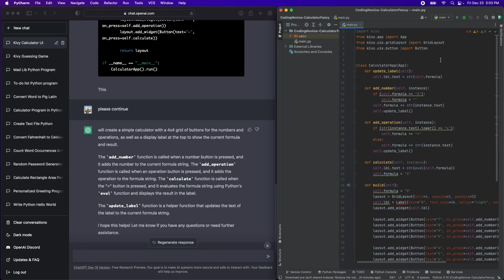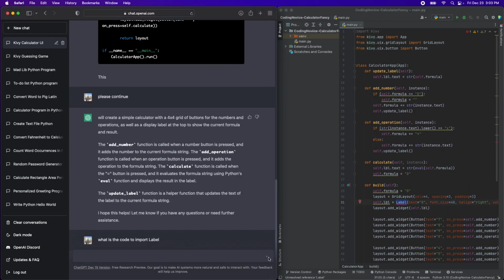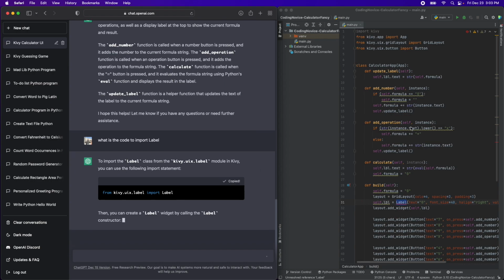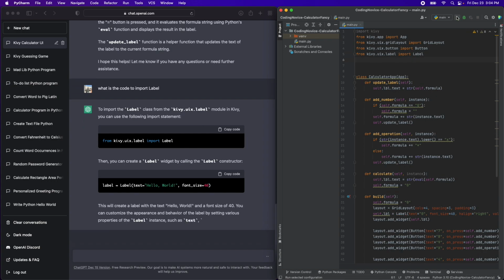There's one error. We need to import Kivy. Maybe that's not the error, the label. It didn't give us the code to import this label, so I just asked for it nicely. Here we go. Now if we run this,